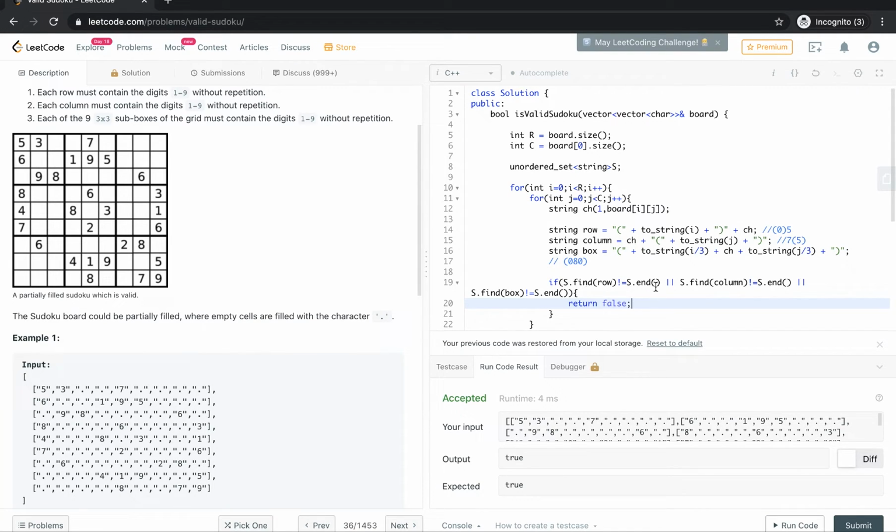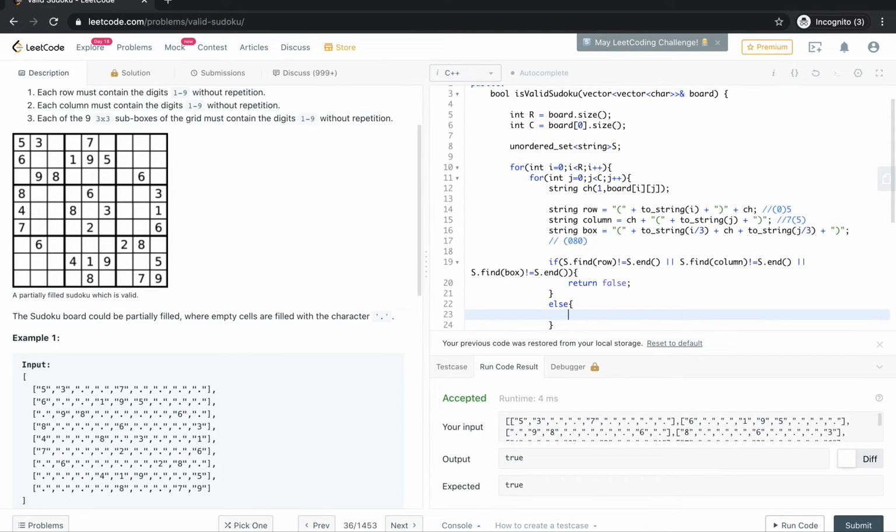We are doing this because s dot end signifies the end of the set, which means the element is not found. But when find is not equal to s dot end, it means the element already exists in the set, and in that case we'll return false.